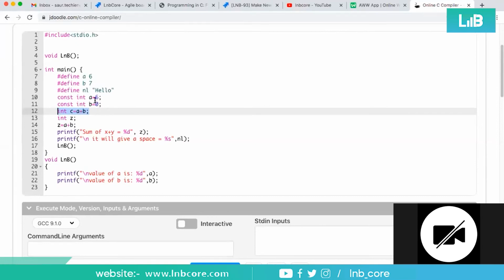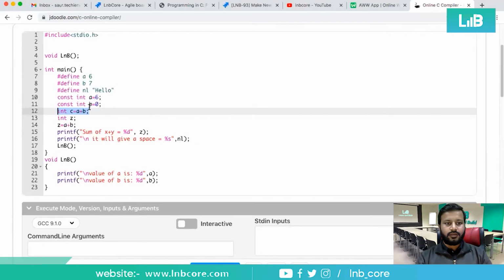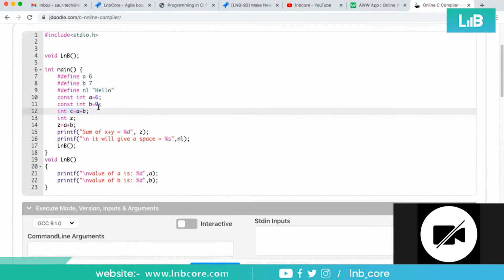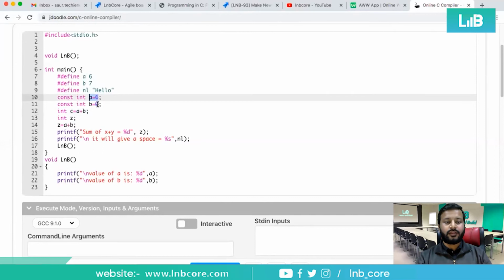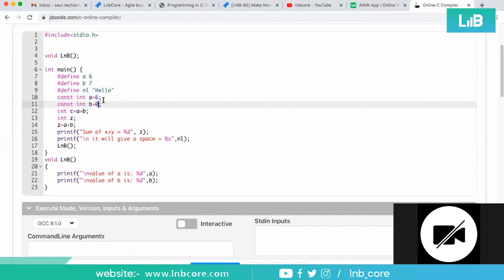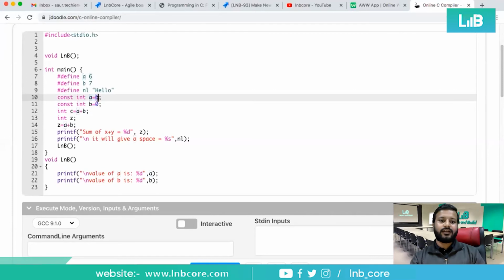Sir, but constant means it's defined for only one value, no, sir? Yes. So you have defined 6 as dedicated to only a, sir? No, not like that. A is 6. However, 6 is not fixed, which is defined for A only. Understood? Try to understand the meaning. 6 is not fixed, which is assigned for A only, always. No. A is fixed, which will always be 6. B can also be 6. C can also be 6. Understood?